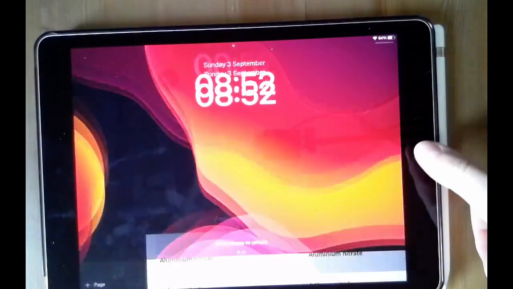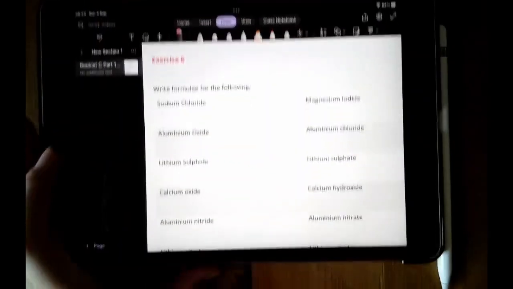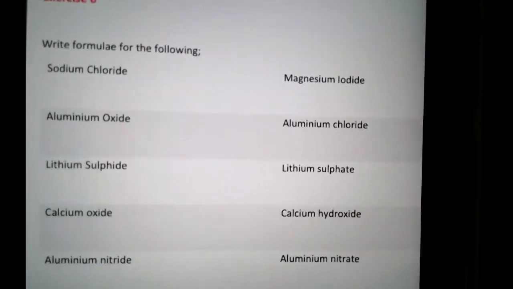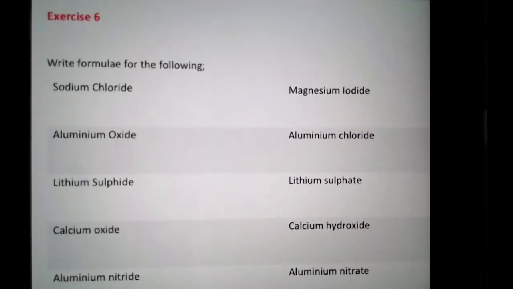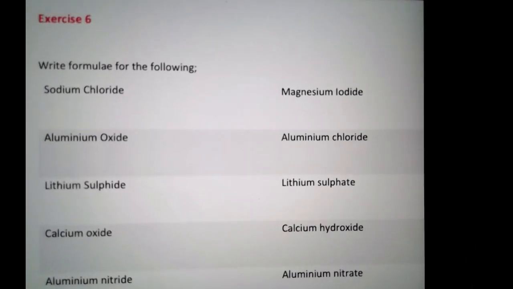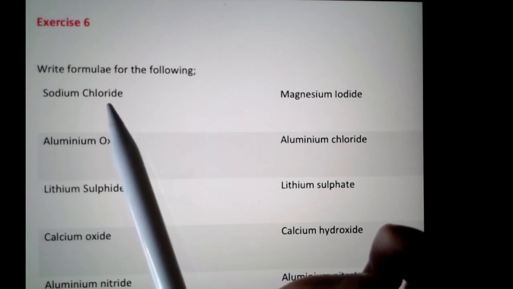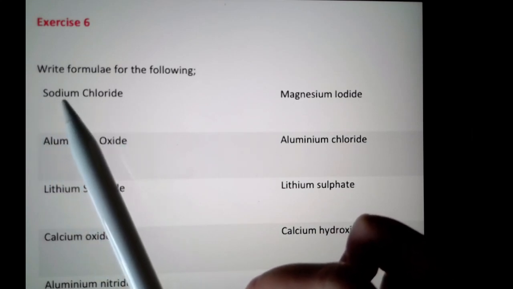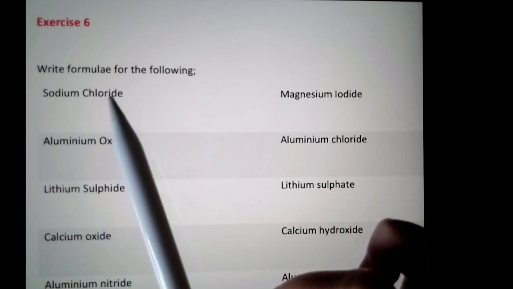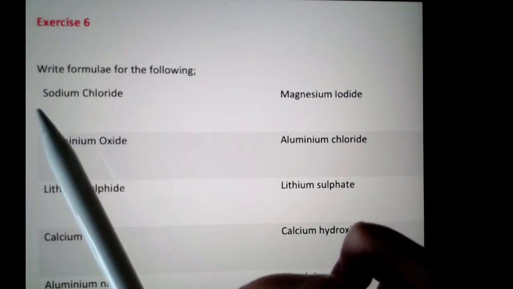Once you can work out the formula of your ions, you can use this to write the formula of ionic compounds. So if we have a look here, we're going to see some examples. So these are all names of ionic compounds. The metal always comes first, the non-metal comes second. The metal appears as it does in the periodic table, but the non-metal has changed to -ide,